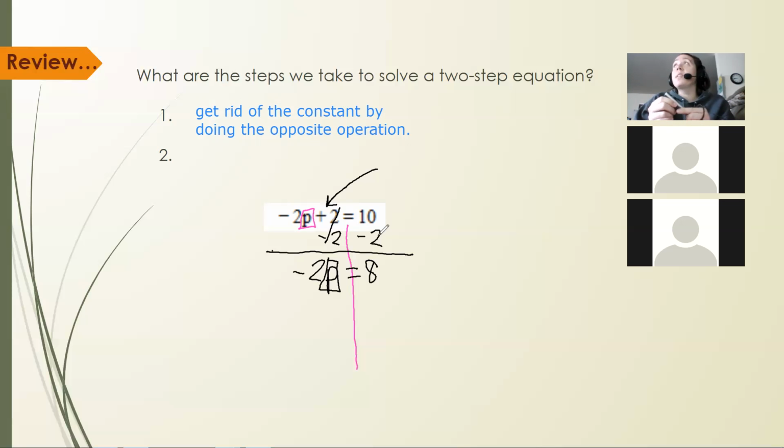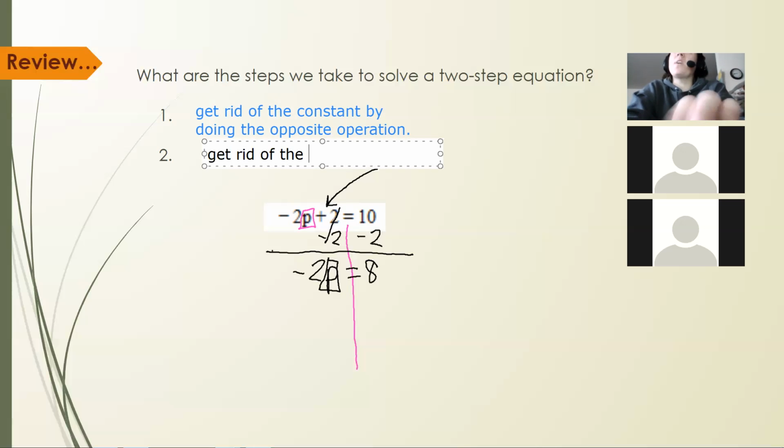Coefficient. It's a terrible word, I know. It's not even a word. What do you guys think? Coefficient, yeah, very good. Our next step is to get rid of the coefficient by doing the